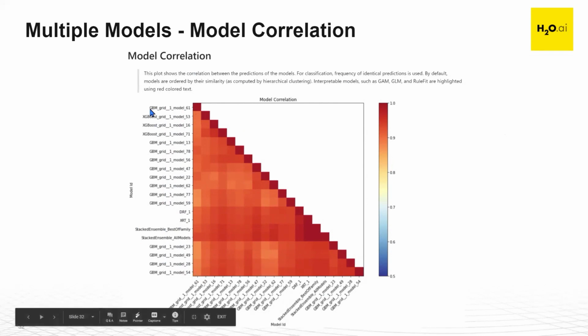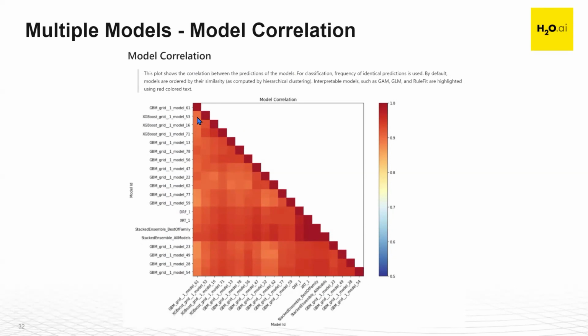So for example, when I compare GBM to XGBoost, it's less correlated. So that's a good thing. We don't want to have too many models correlated together to build a final ensemble. And that's another quick look for you to make sure that they're not highly correlated in the same ensemble. So for me, I can see that there's